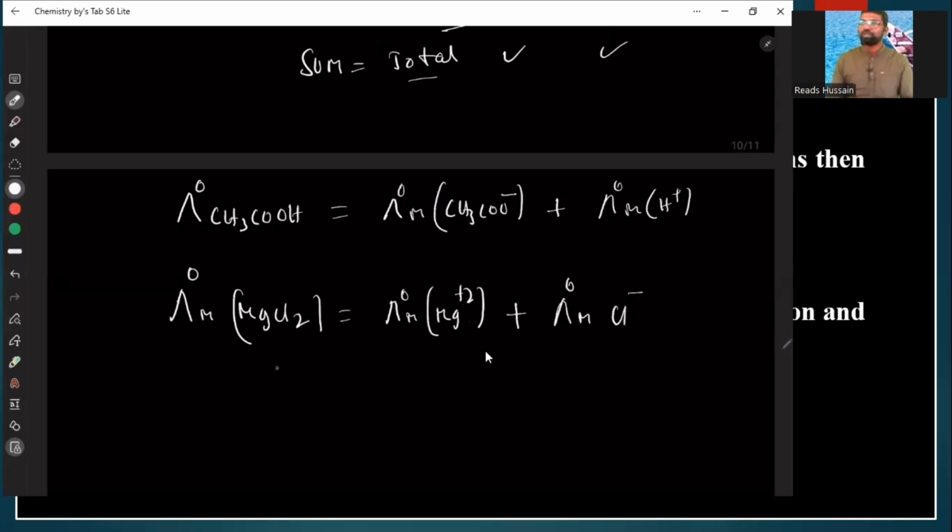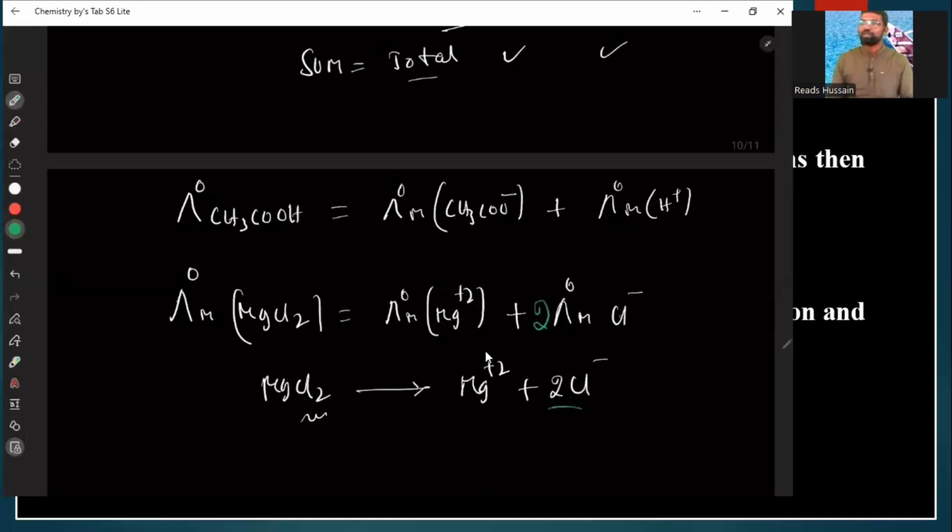But here is a small problem: MgCl2 dissociates into Mg2+ and how many chloride ions are there here? Chlorines are 2, no? 2 Cl-. 2 chloride ions we get. Getting the point? So we have to multiply, since we are getting 2 chloride ions in total,